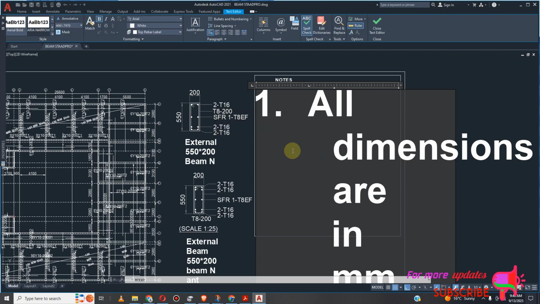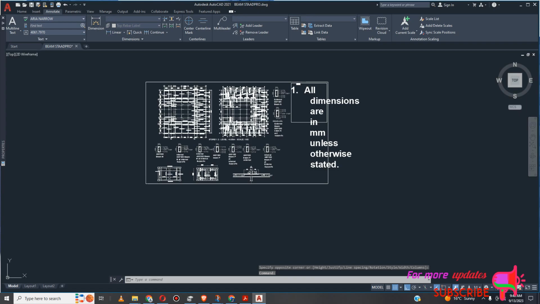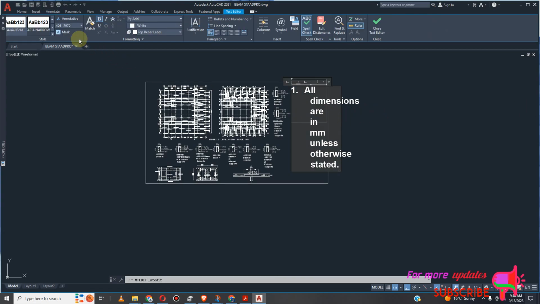Yes, so just the font, this one is one which has changed, so you need to select the entire of this,